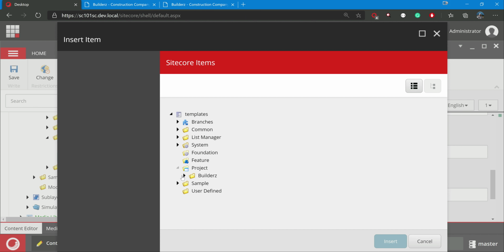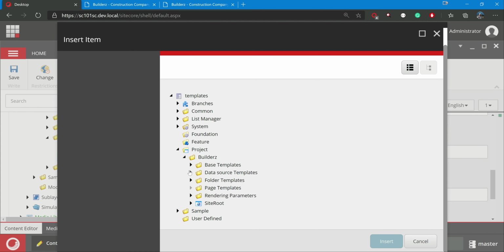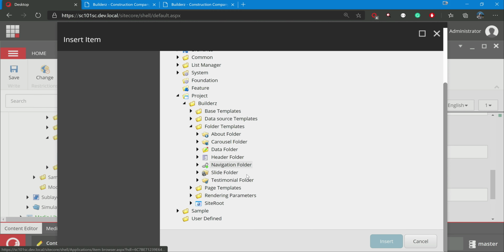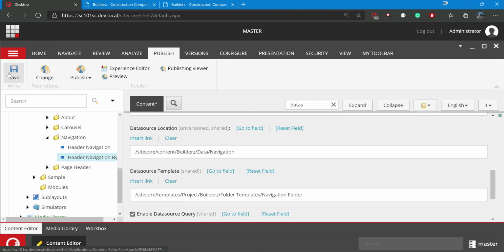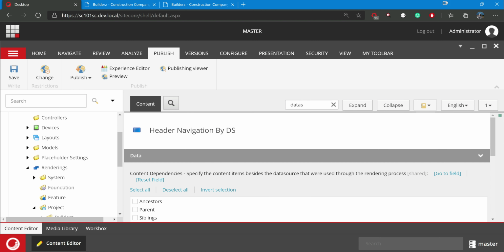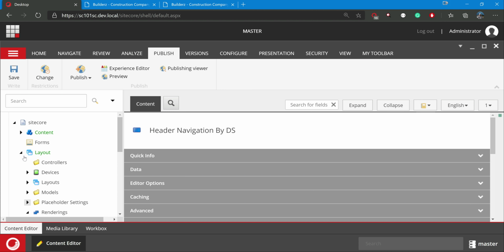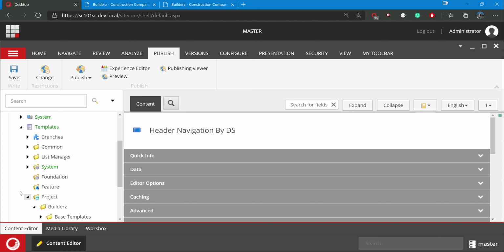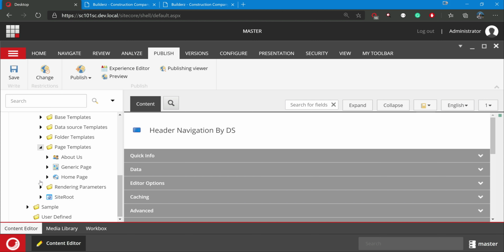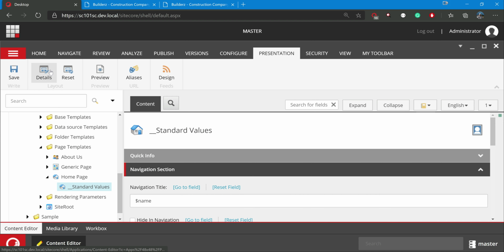Okay, then let's go to the project and data source templates. Sorry, not data source, it's a folder template. We want navigation folder as a parent. Save, and let me close this. Let's add this to a couple of pages, in the presentation details of the pages. Go to page templates, and let me keep generic page as a normal header navigation. About and home page will have the navigation by data source. So go to standard values, presentation details,